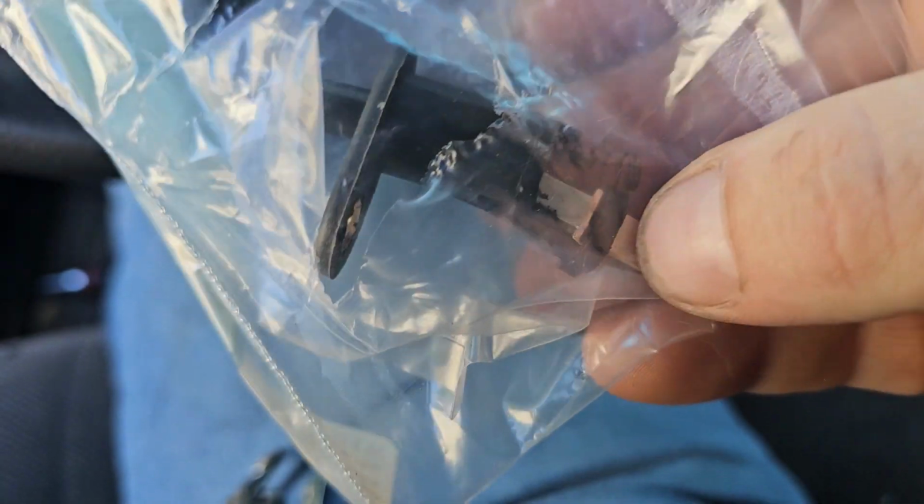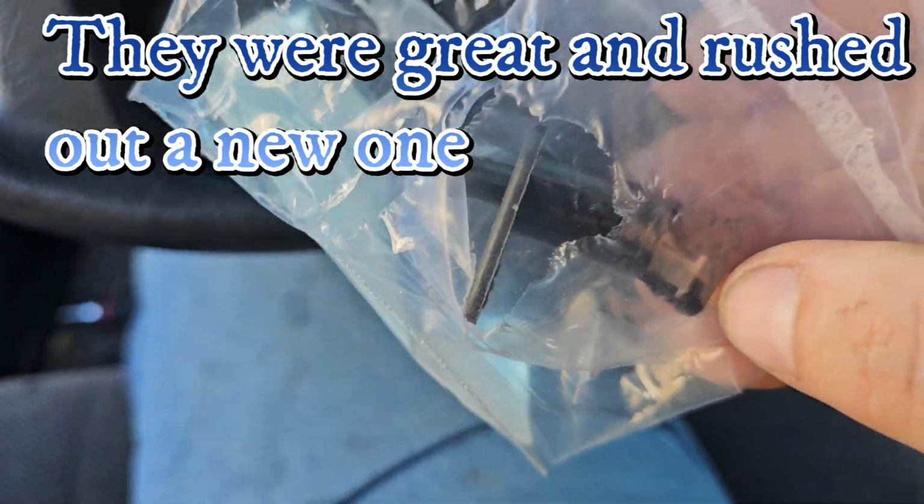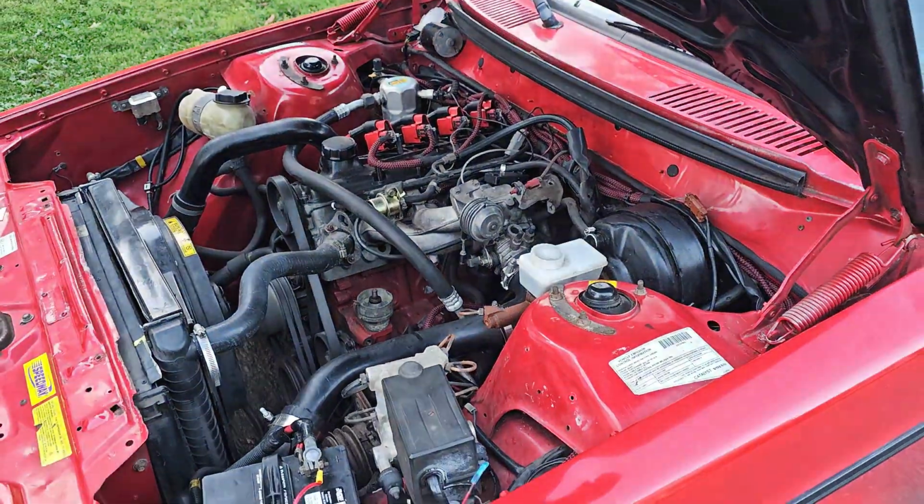What else? Yeah, there's another light switch, but this one, for some reason, came busted. It's hanging out the back. So I'm going to see if they'll send me another one. I'm sure they will. They seem to back their stuff. After a little tuning,